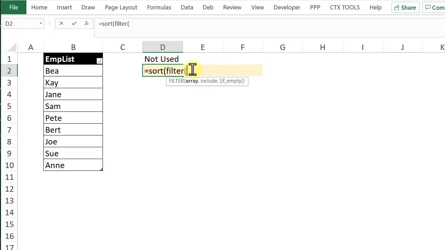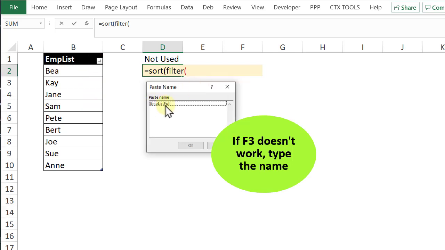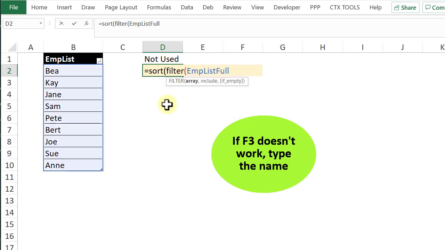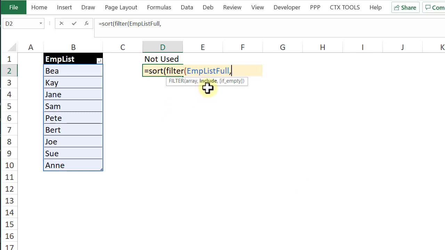What we want to filter is this full list of names, which we have a name for. So I'll press F3. Here's our name. I'll double click that, then a comma. We want to include names that are not in the scheduled list. I'm going to use COUNTIF for that. It should check the schedule,